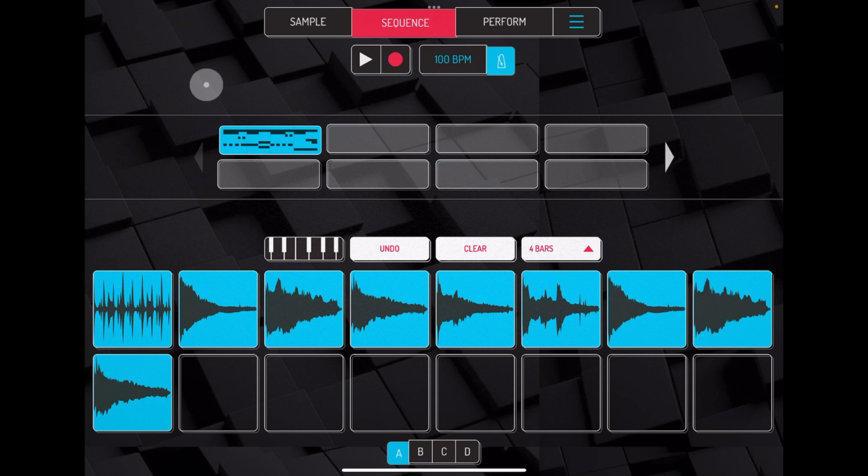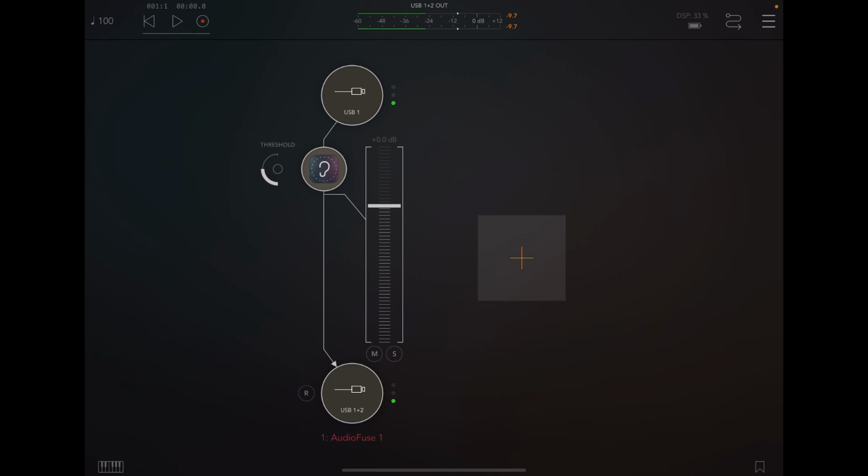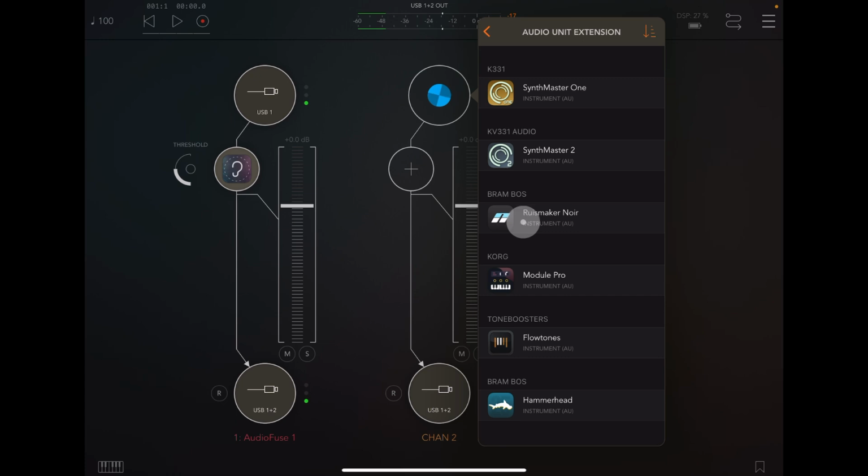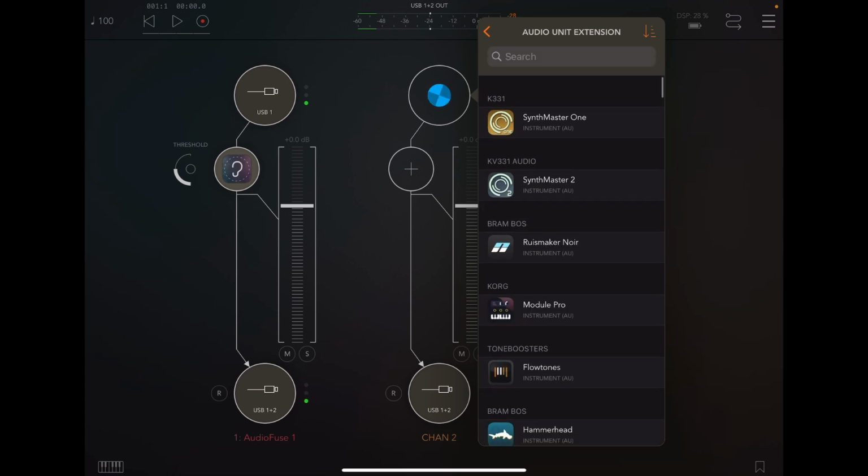It's just gonna cut to AUM now. So bear with me just a sec. Okay, so here we are in AUM. I'm gonna open another slot here, and we're just gonna choose audio unit extension, and let's go and call it here